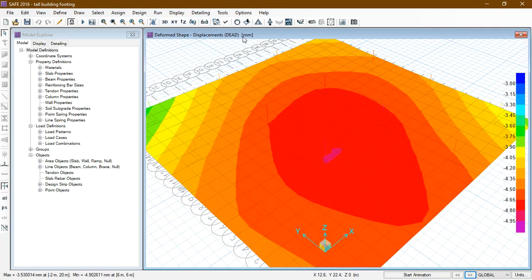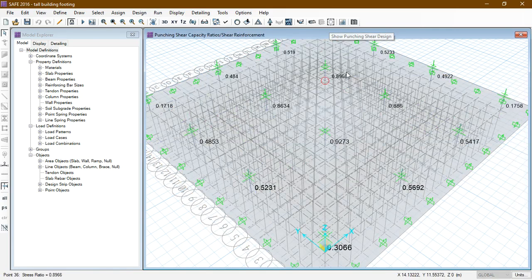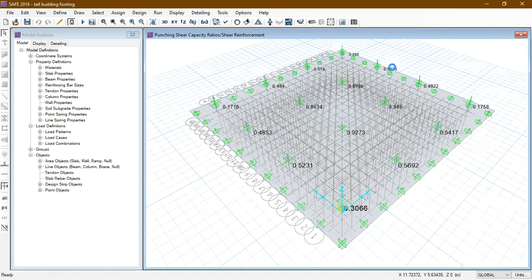Now we can see the punching shear values. We can see all the values are less than 1, means shear does not exceed the capacity. Then it is ready for construction.